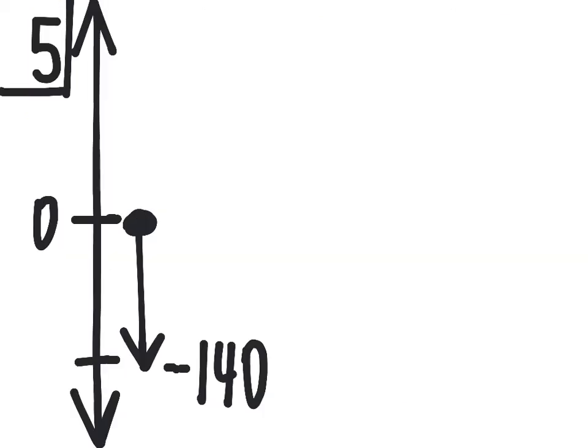Alright, example 5 on page 88 says during the night the average temperature on the moon is negative 140 degrees Celsius. As you can see, that's where I marked this one down. I went from 0 down 140 degrees. This says by noon the average temperature has risen 252 degrees. What is the average temperature on the moon at noon? So what they're wanting you to do here is realize it drops to negative 140, and then it goes up